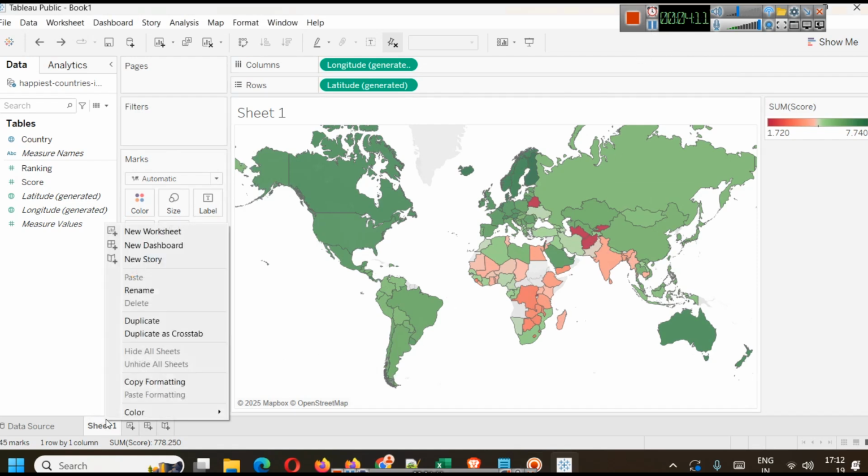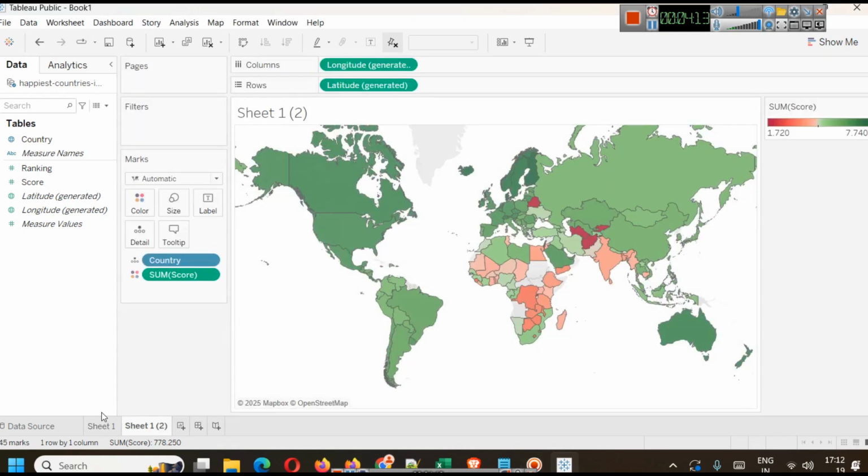We can make a duplicate of this because I want to let you know other things. So here we will rename it as countries by happiness score. Here we have the sheet 2, and in sheet 2 what we can do, we can bring the ranking